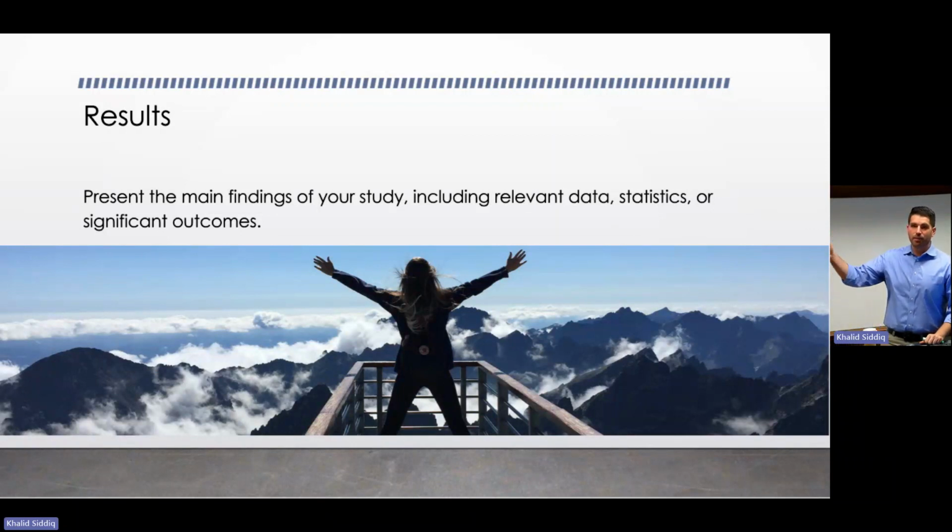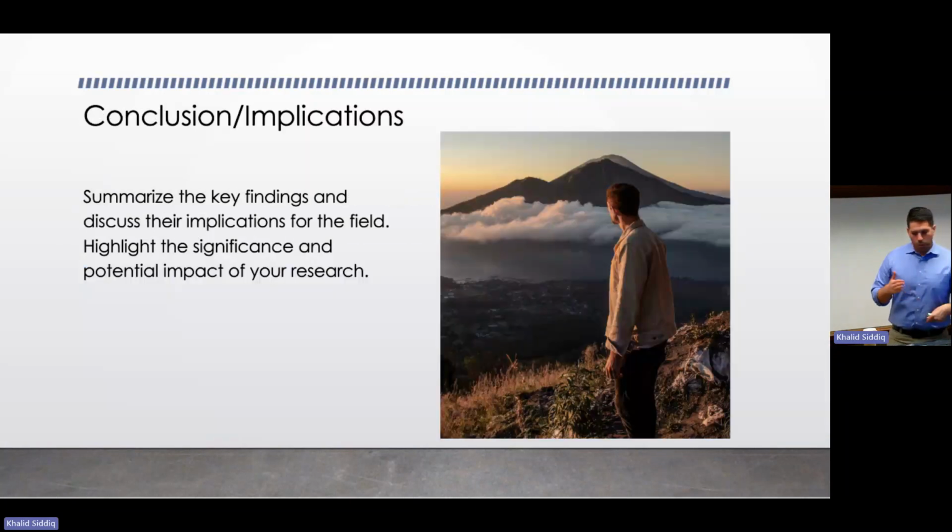Like, I want to study the effects of A, B, and C on X, Y, and Z. You should first present X, Y, and Z results. Get the answers from... Exactly. And then after you present the results, this last piece, which is the conclusions or implications or clinical significance,